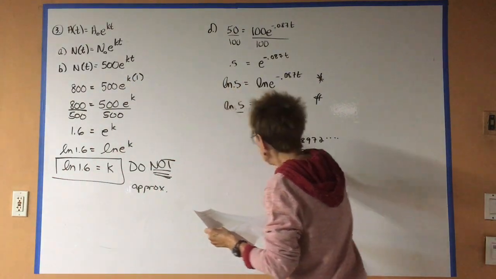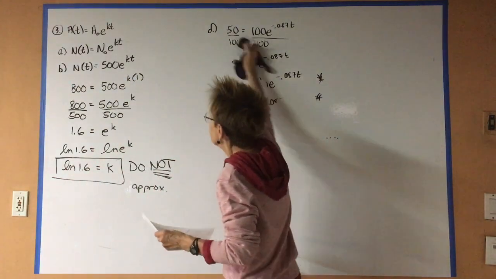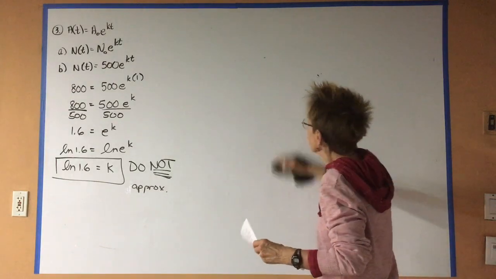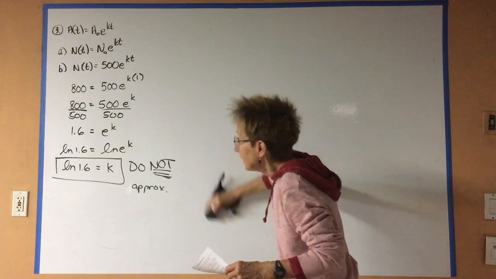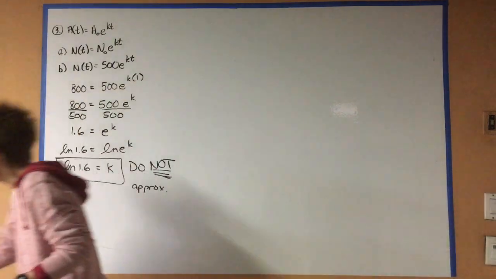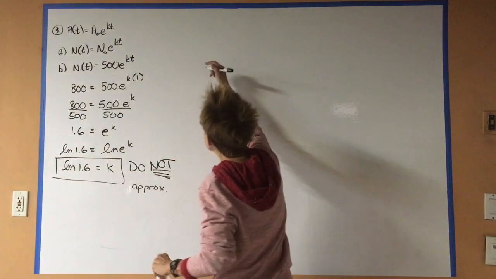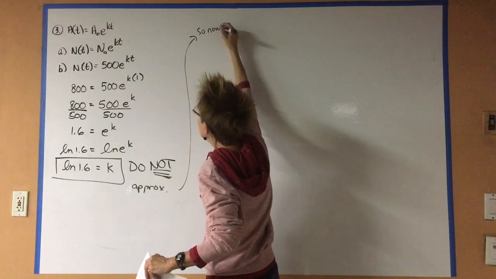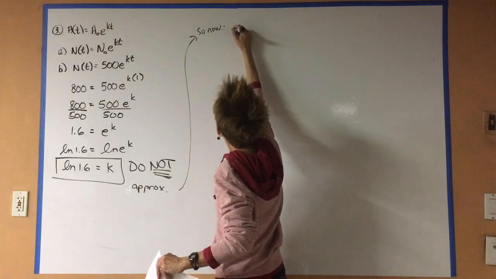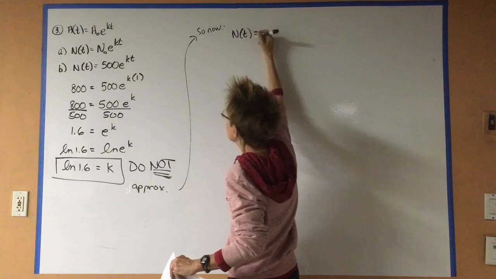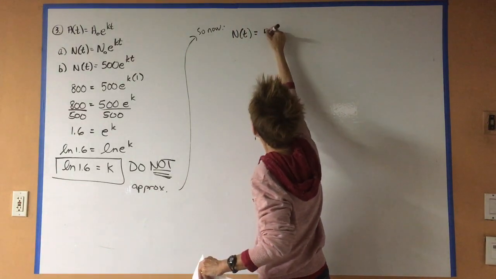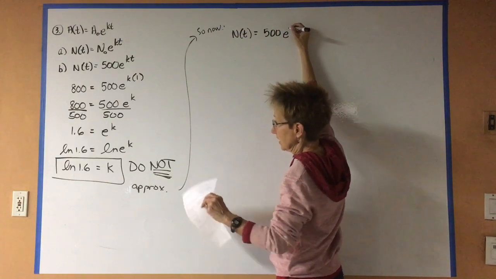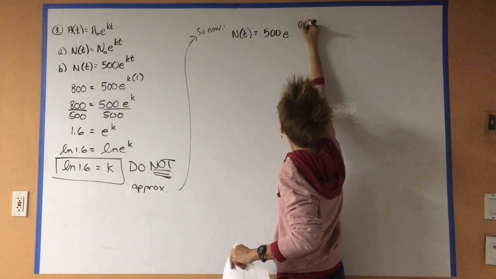I'm not done with this question. That's just using the piece of information that in 1 hour, the future value will be 800. But what this does for me is this. Now my formula is n of t, future value, is equal to present value, which is 500, e to the k, which is ln of 1.6